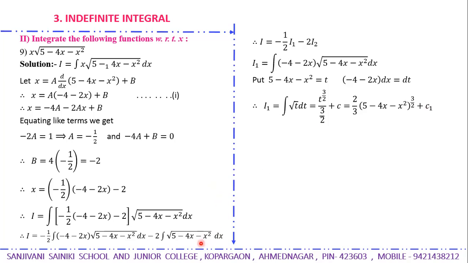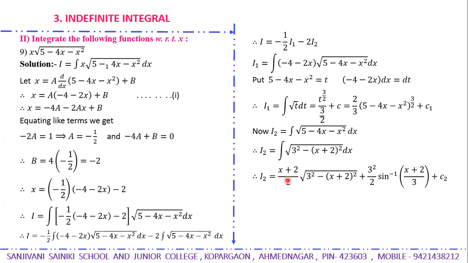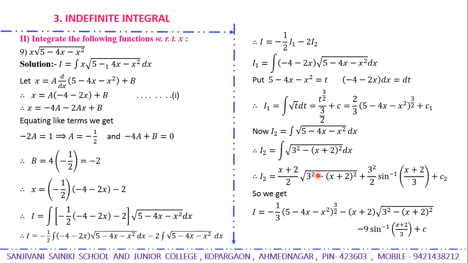And for the second integral, completing the square, you will get 3 square minus x plus 2 bracket square. So here we will use the formula for root a square minus x square. Its integral is given by x by 2 root a square minus x square plus a square by 2 sine inverse of x by a plus c. So by using that formula, you will get this integral, and then using these two integrals in our equation,